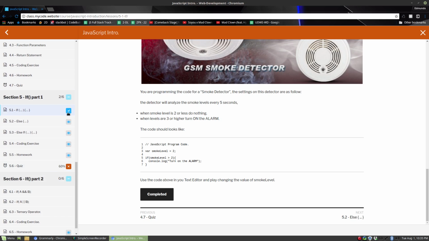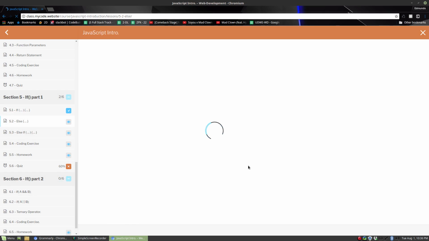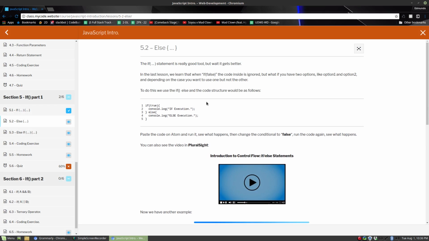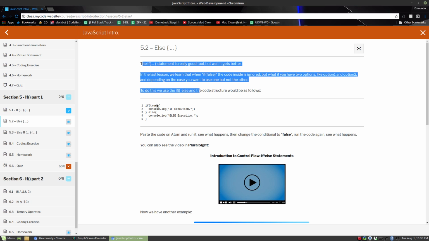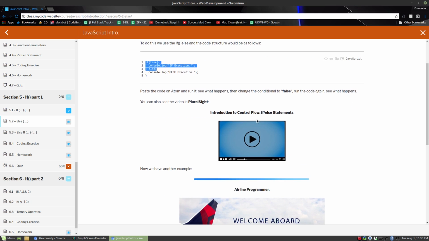When you hit complete, you can see that we have a check mark right here. This check mark means that the class has been completed. The eye means the class has been seen but not completed. Let's go to the next one. Right here, we have the else statement. A small description, some code, and this is very